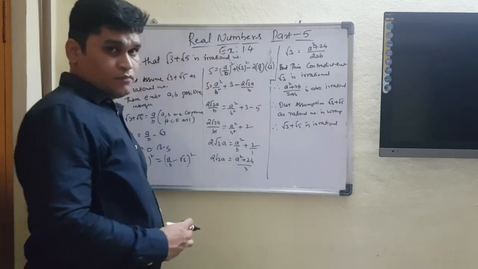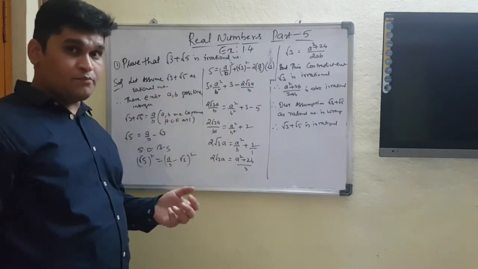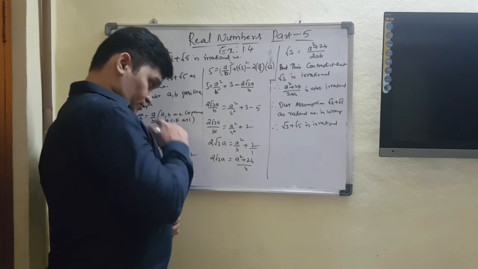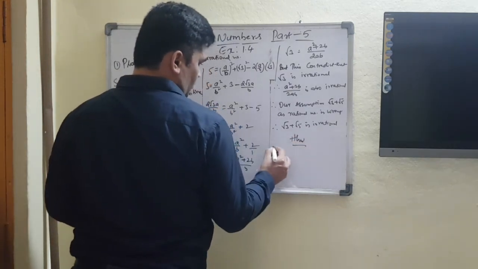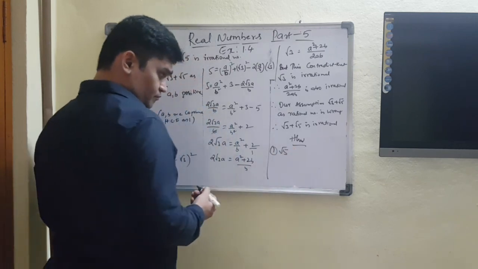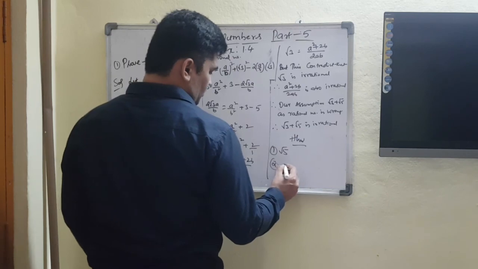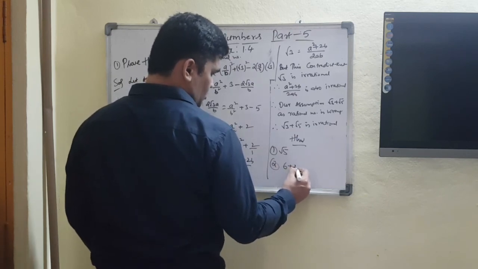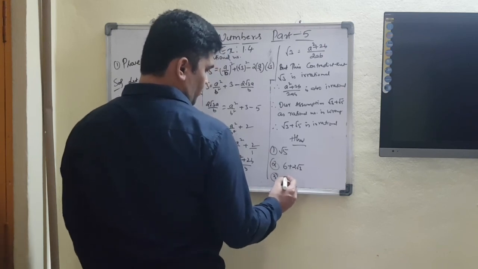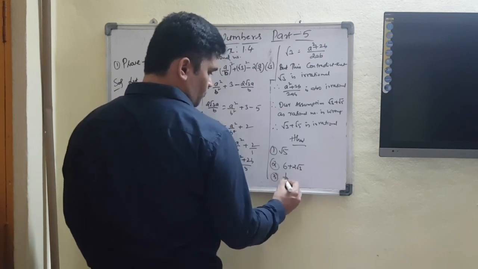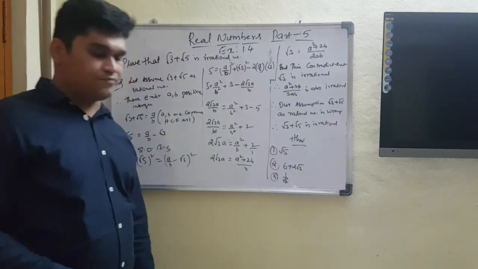Okay, understood? Now I'll give some homework. Please do try and let me know. Okay, find out root 5 as an irrational number, 6 plus 2 root 3, even you can take 1 by root 2. Okay, try these 3 problems as homework and let us know.